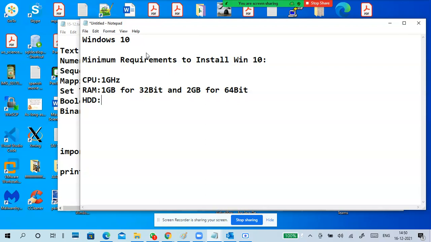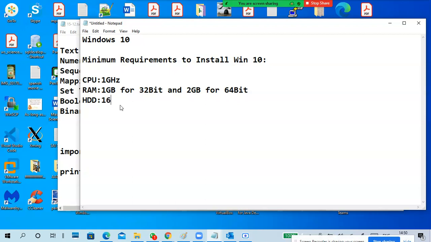You should know the minimum system configuration, the basic configuration, to install the operating system. 16 GB of free disk space is required for 32-bit OS, and 20 GB for 64-bit minimum free space is required.